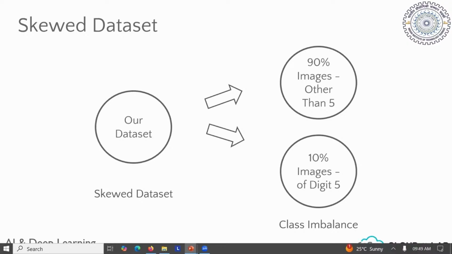So for digit 5 we have 7,000 images, and the remaining images are the non-5 images, right? So do you think we have skewness in our data set? Our data set is biased,